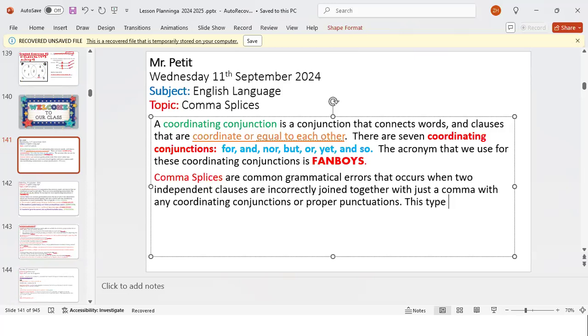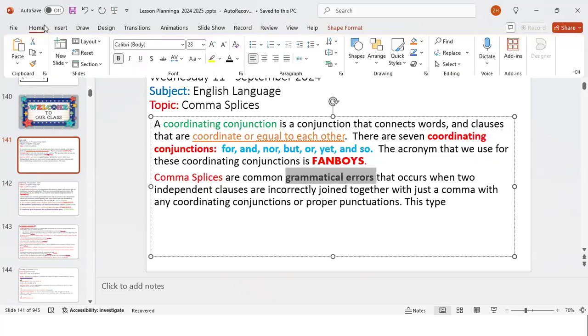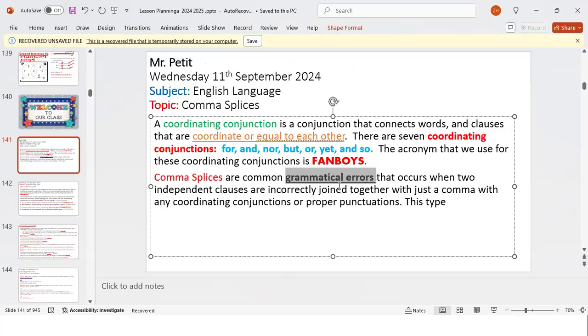All right, so let's get to what we mean by comma splice. A comma splice, by definition, is what we call a grammatical error. Is a comma splice something that we want to happen in our essays? No, sir.